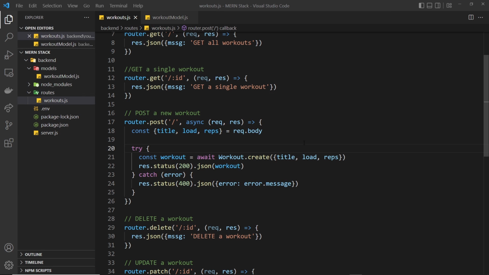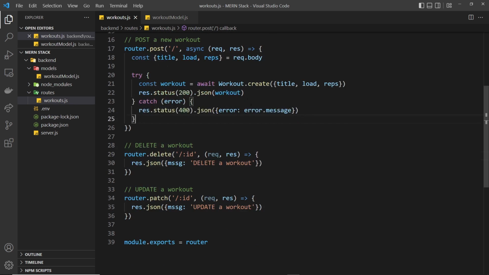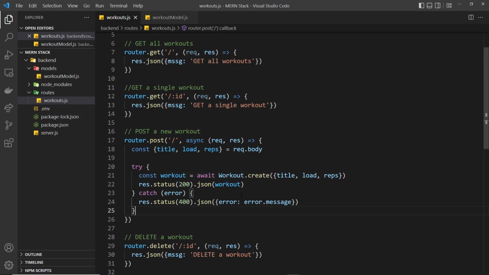So then, we're up and running now with our database, and we've seen how we can use our workout model to add new workout documents. Now, I want to fill out the rest of these handler functions to do things like get workouts, update them, and delete them from the database collection. So I could write all of that code in this file, as I have done here for the post request